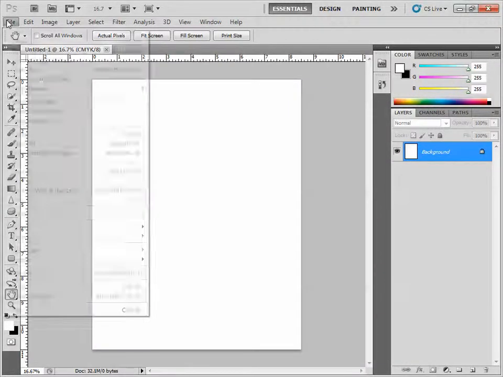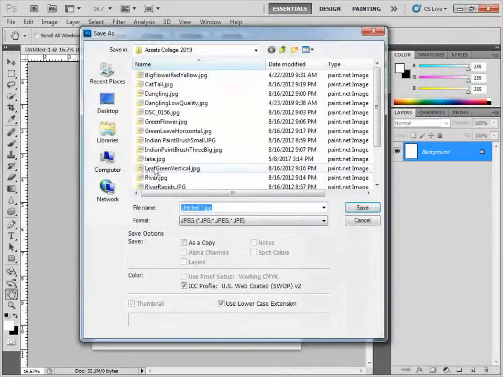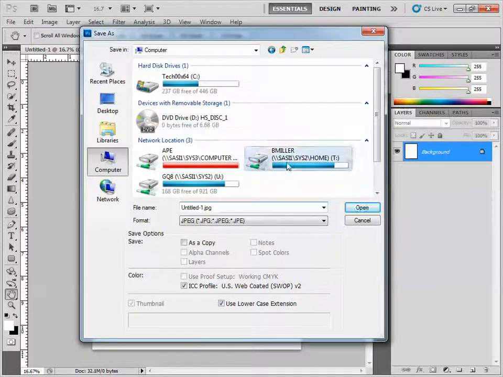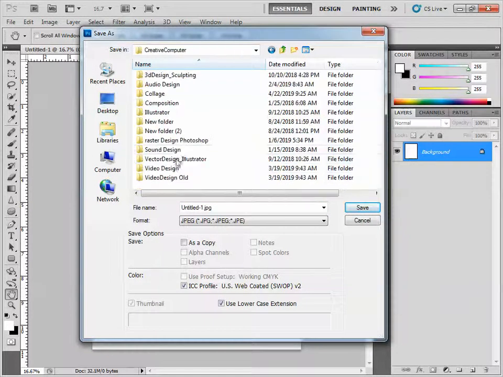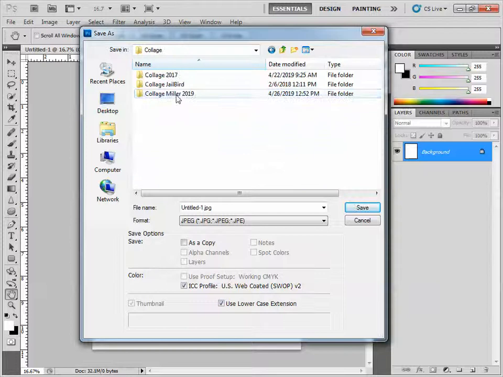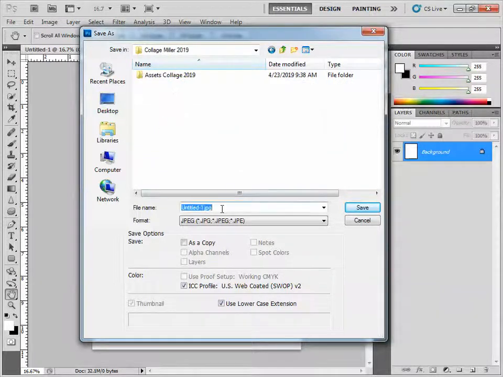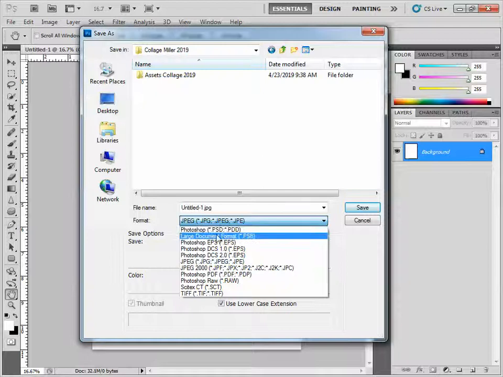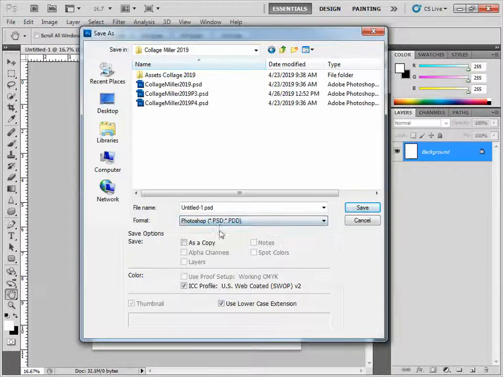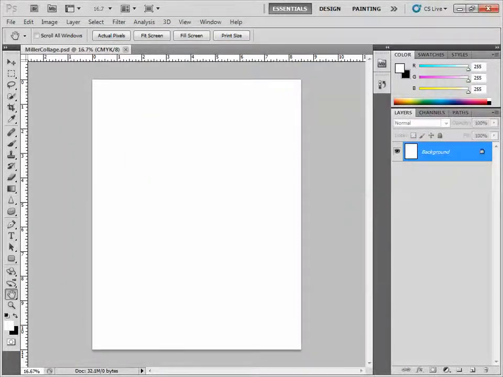The next thing you're going to do is go File, Save As, and save it in your folder with your name on it, in your Creative Computers folder, in Collage. Oh, what's happening? This is not right. Mine is trying to save it as a JPEG. We need to save it as a PSD, a Photoshop document. So I'm going to call this Miller Collage. You can save it as something simple like that, and I'm going to save it. Okay, that's it for now. Go ahead and do that, and then go on right on to the